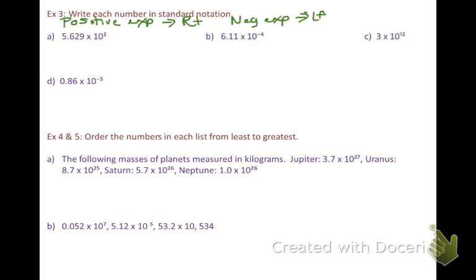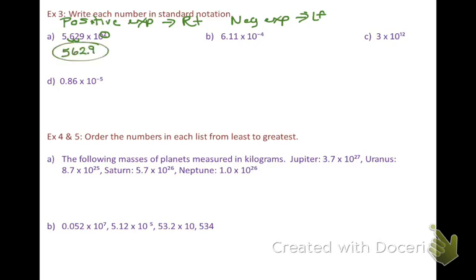The arrow means goes to, and then I said left. Okay, so A, it's a positive exponent. It's going to go to the what? The right. Right, thank you very much. And it's going to the right how many? Twice. So I go 1, 2. So it's now going to be